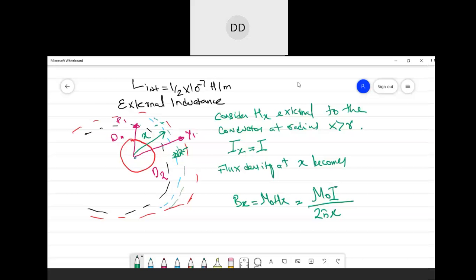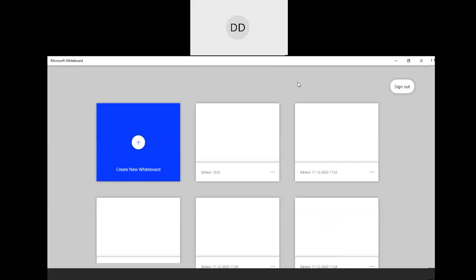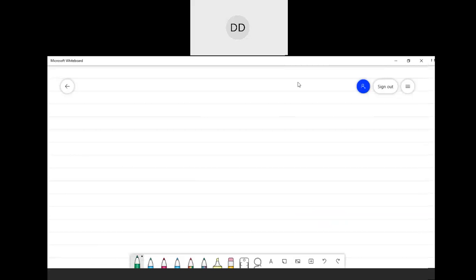Now since the entire current I is linked by the flux outside the conductor, the flux linkage would be d phi x. This flux linkage d phi x would be numerically equal to the differential flux. This differential flux, d phi x, is for a small region of thickness dx,